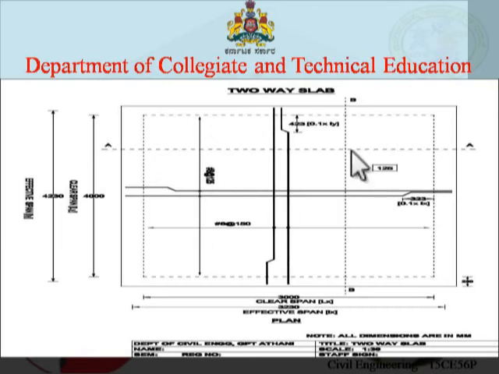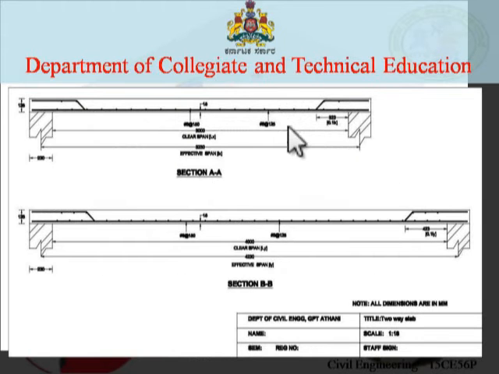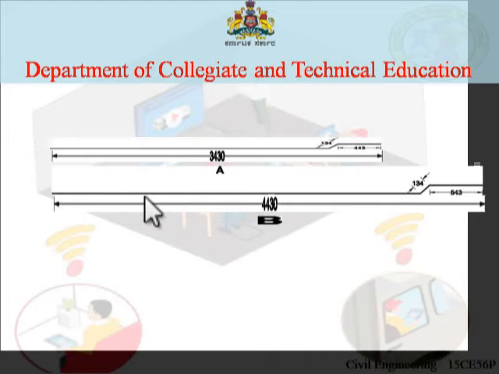And this bent up length we will see in the calculation. So section at AA, the bearing is given, depth of the slab is given, and the bent up bar and main bars are alternatively arranged along the shorter and longer span. The same diameter of bars is placed along the shorter and longer span in two-way slab, you all know. So here it is straight bar and it is bent up bar length. Here it is bent up bar length 543, 443, this is for shorter span and this is for longer span direction.